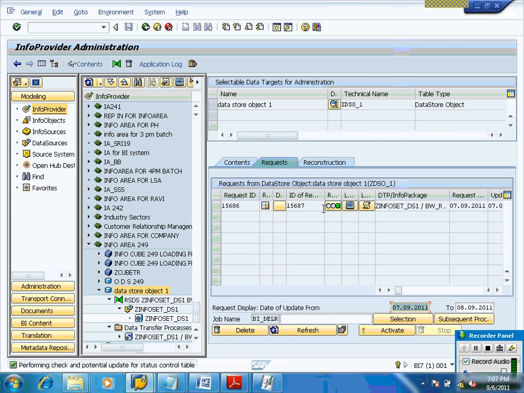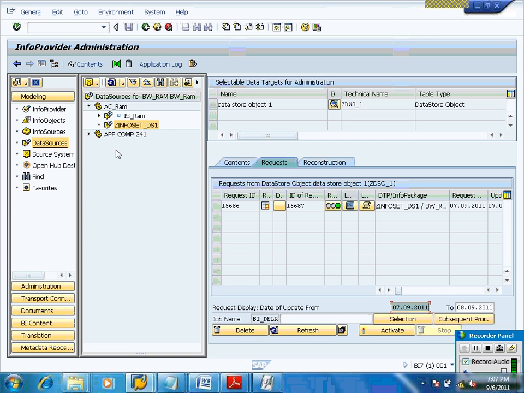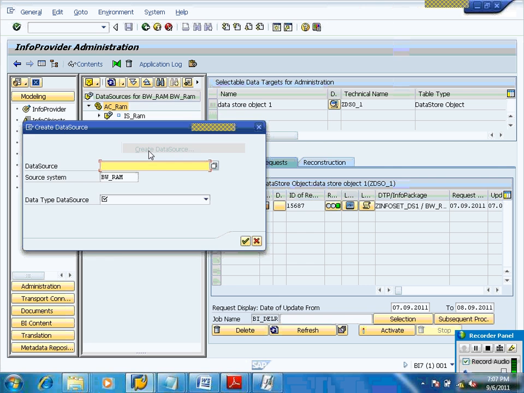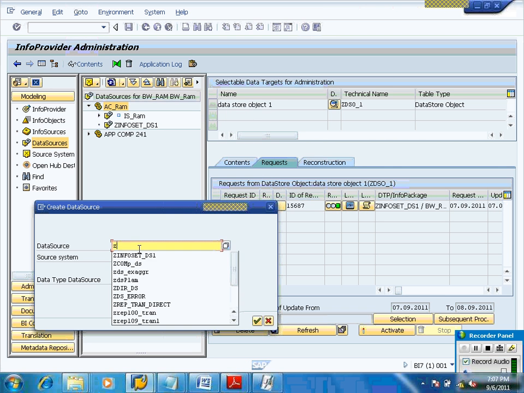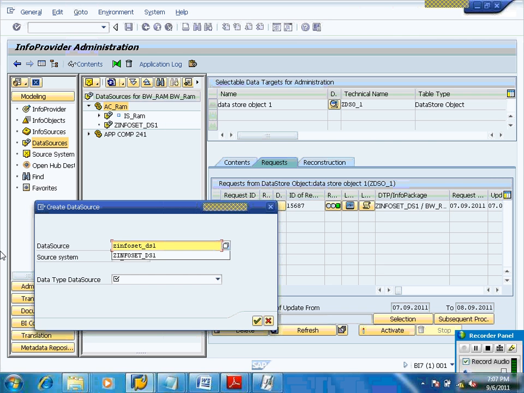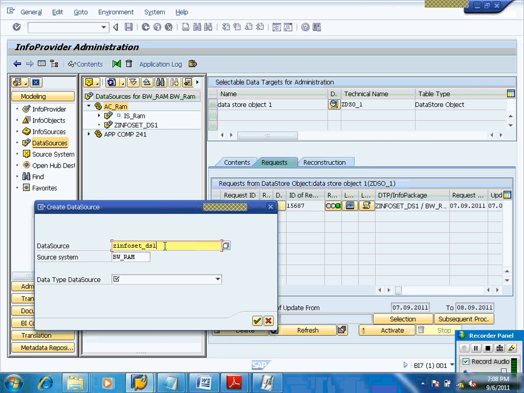Now activated. Then in the same way we need to create another data source. Right click, create, info set underscore ds1, transactional data.